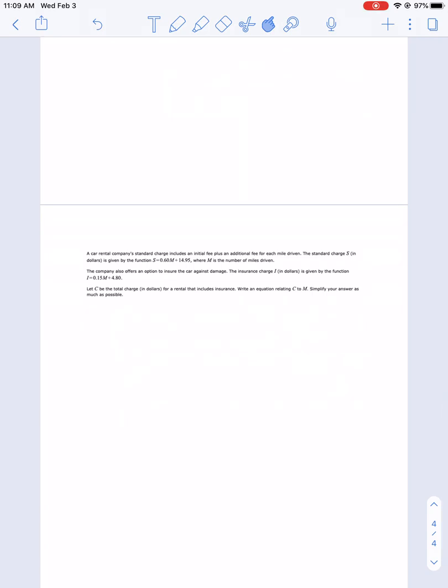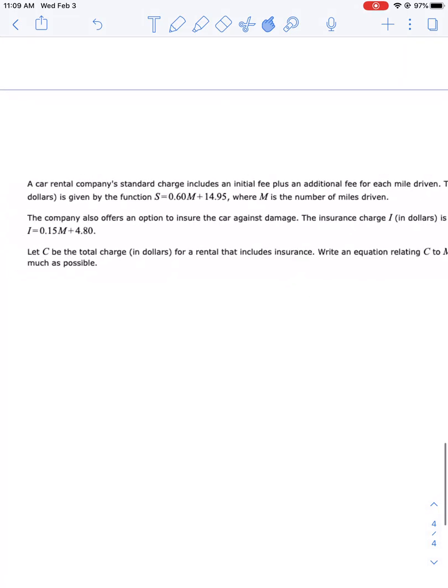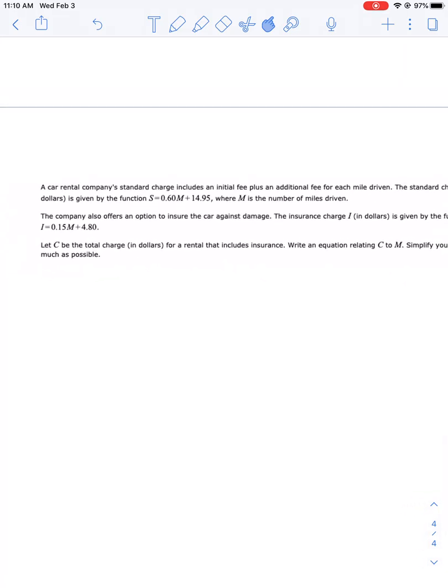On this particular problem, this application problem we have here, let me blow it up a little bit so we can look at it. We have the standard function, that is, when you rent a car, it's going to charge you 0.6m plus 14.95. And then you have insurance, which is going to cost you 0.15m plus 4.80. Well, the cost to rent the car then is the standard fee plus the insurance. Or we'd say 0.6m